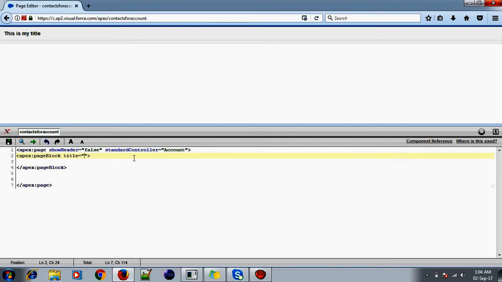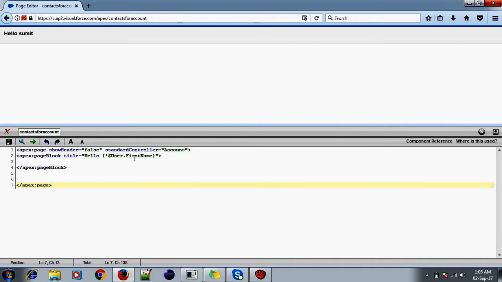So what can I do? I can write "Hello," and in curly brackets add exclamation, then dollar. This is the syntax: User.FirstName. I am the user, so User.FirstName is giving my name.